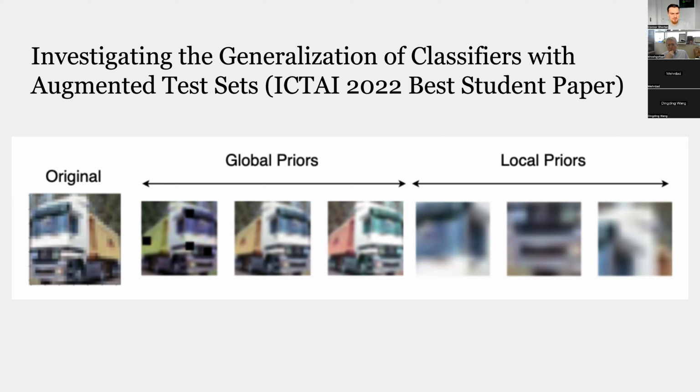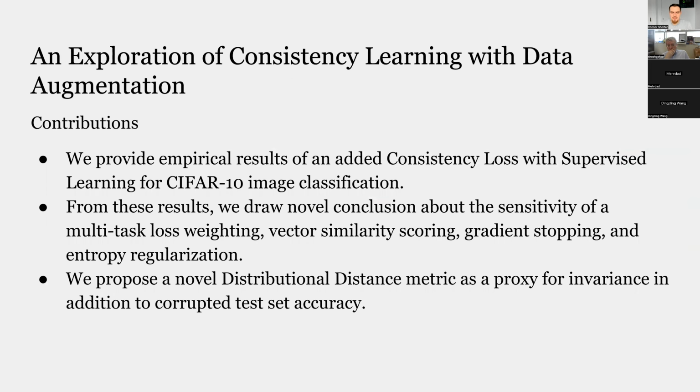So we looked if that was somehow correlated with the robustness to, say, global priors that preserve the entire structure of the image, or local priors like this extreme cropping case that we imagine maybe the convolutional filter would be better at. But we didn't find that the inductive biases between augmentations and architectures corresponded with their generalization ability at all. So the next exploration, and I think this is more generally impactful, is trying to see how we can introduce a loss function that will allow for better robustness.